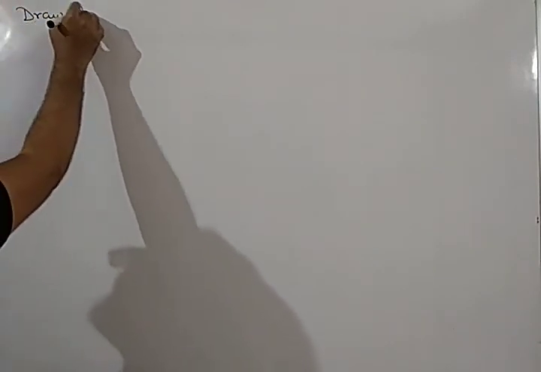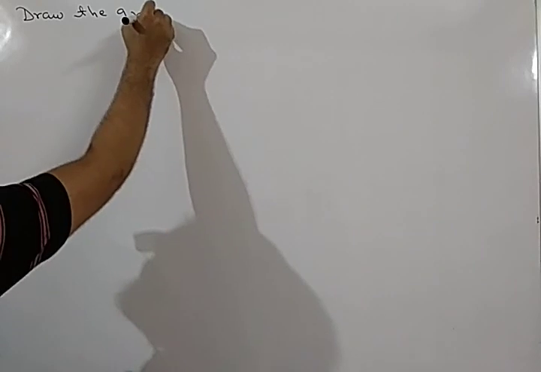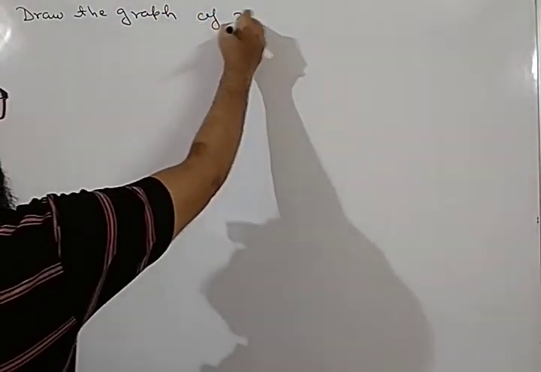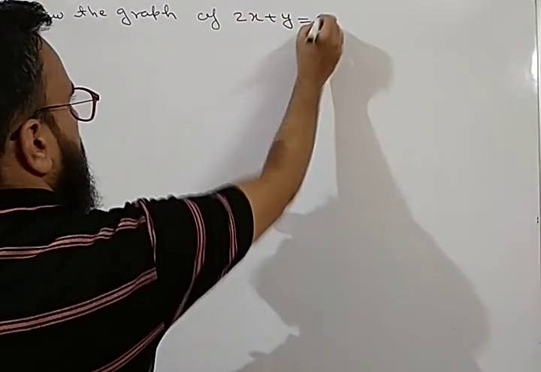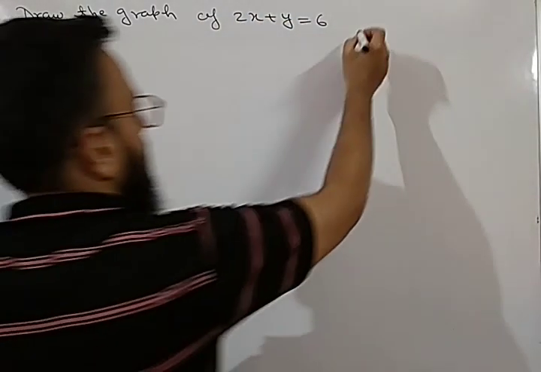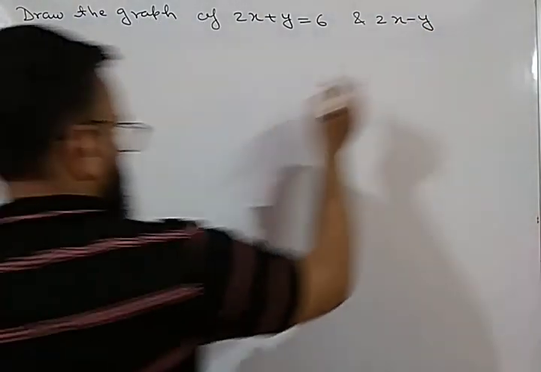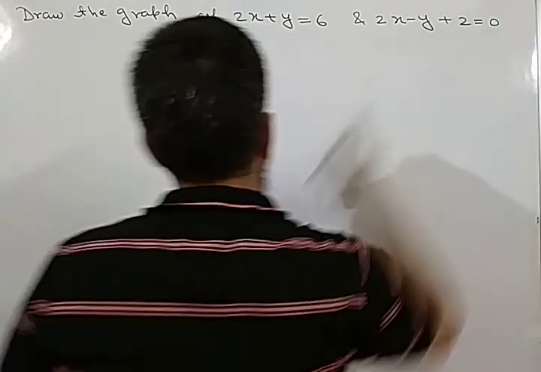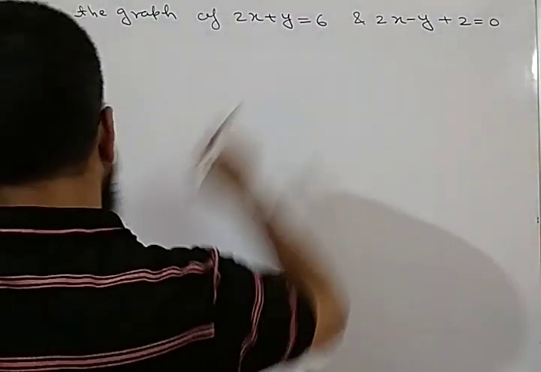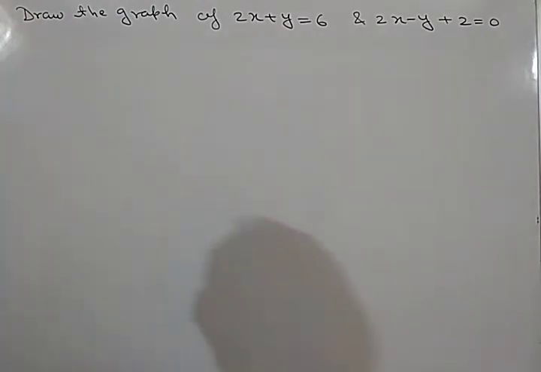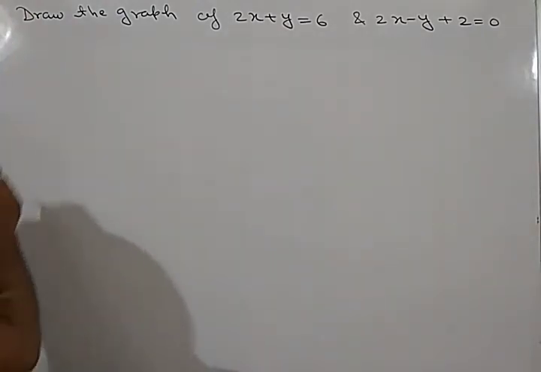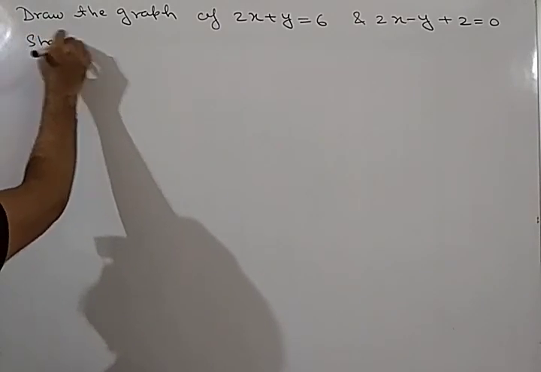So our next question is: draw the graph of the equations 2x plus y equal to 6 and 2x minus y plus 2 equal to 0. Draw the graph of these two equations, then shade the region